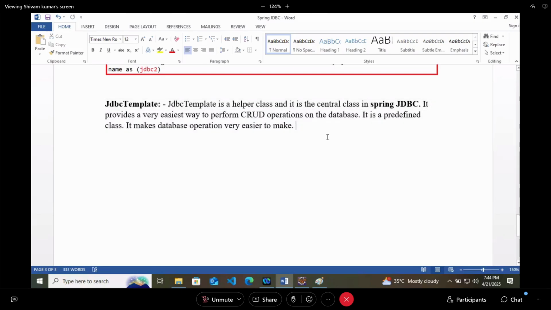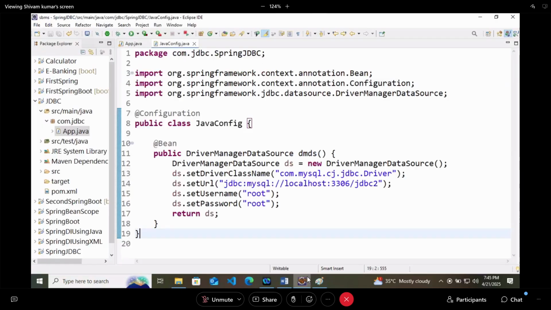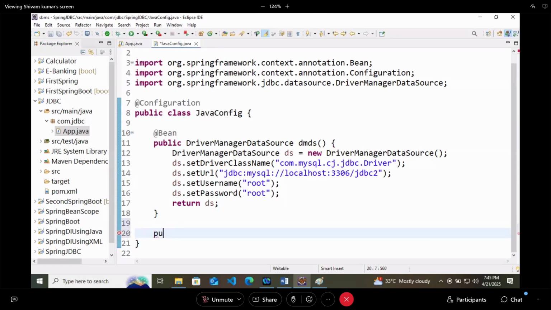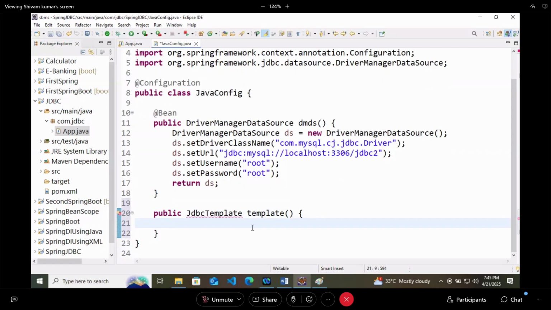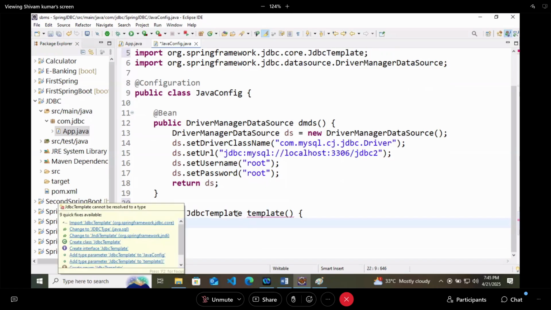How will we do that? In my container, I will create one method, or here we don't say method, we say bean, of JDBC template. I will write some name here, you can say templateMethod. Now you can import this particular class.